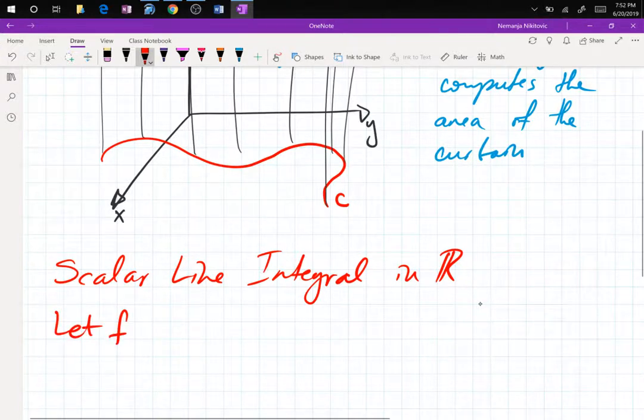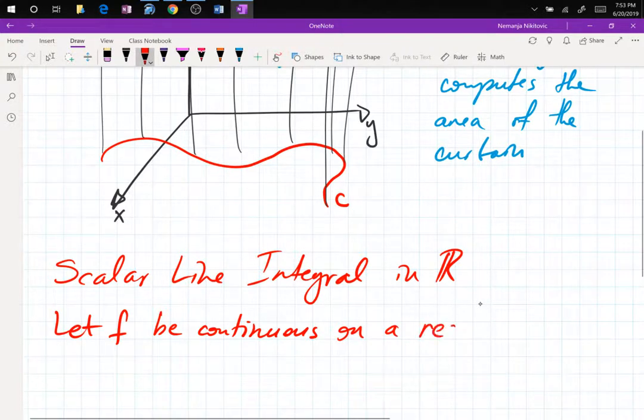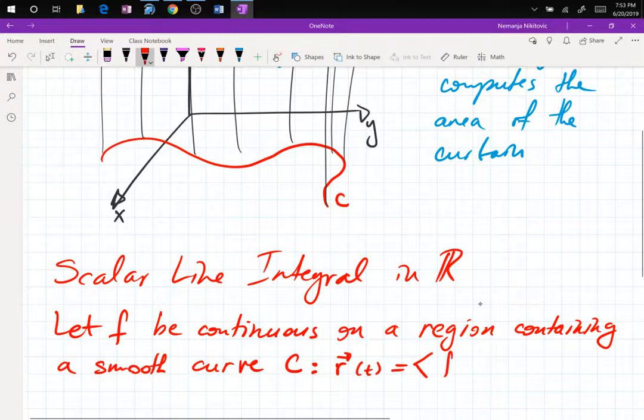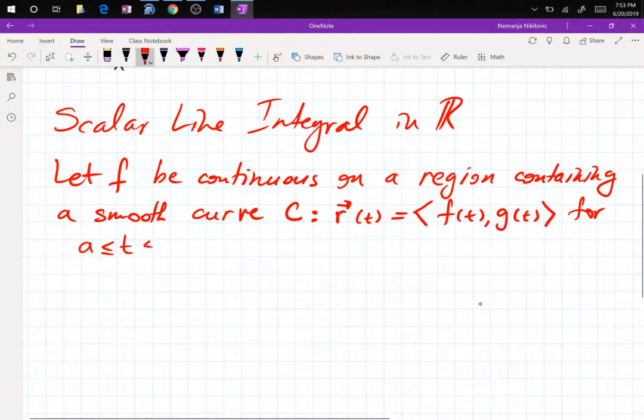Let f be continuous on a region containing a smooth curve C which is given by the parametrization vector r equals f of t, g of t, for a less than t less than b, then